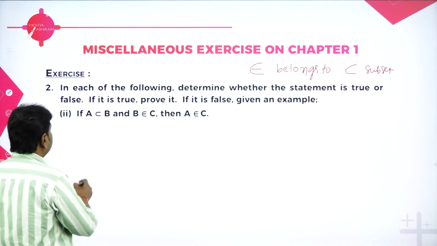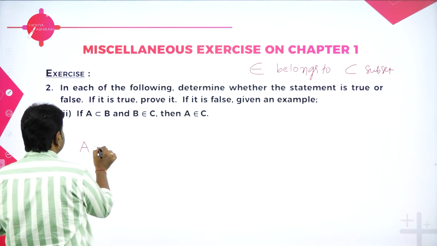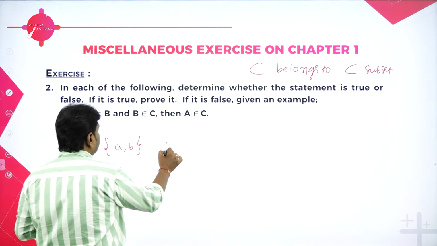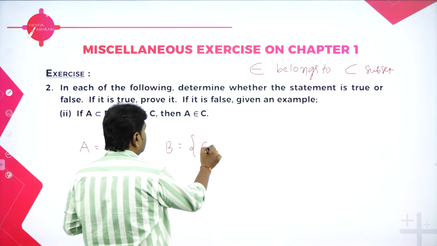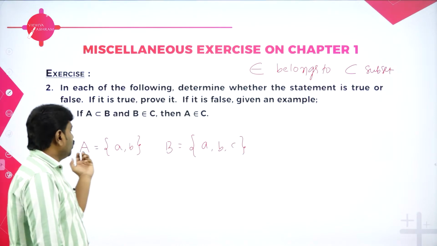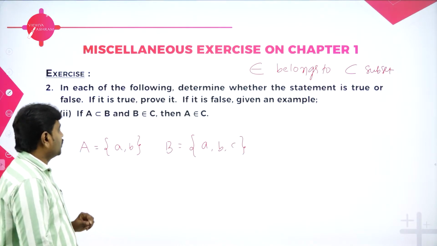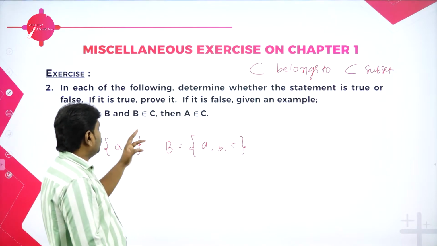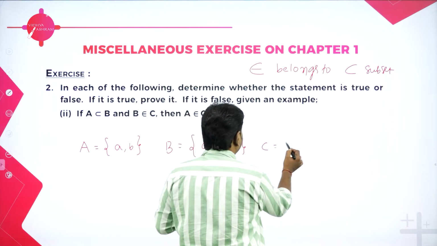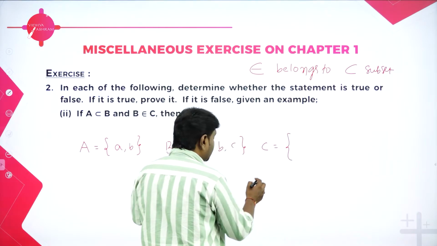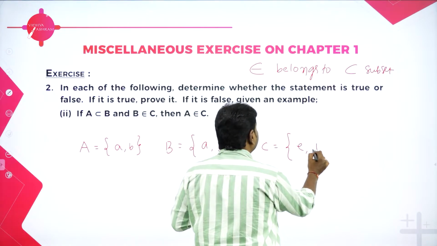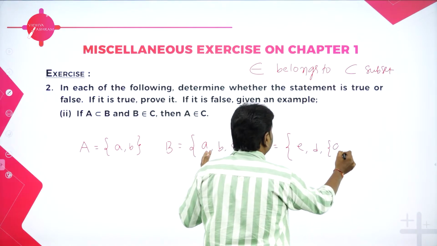First you define some elements. A I will take subset of B, they told. A I will take only a, b, and I will take B with some more elements, say a, b, c. Okay, it's more than enough, 3 elements I will take. Now do you agree? A is subset of B and B belongs to C, they told. B belongs to C. I will take another set, say C is containing B. C contains some elements called e, d, and also it contains a, b, c.